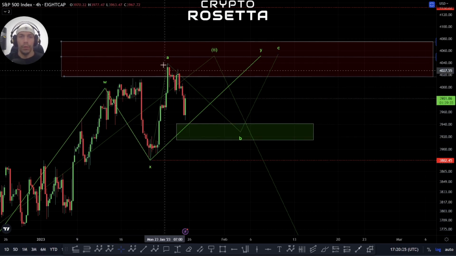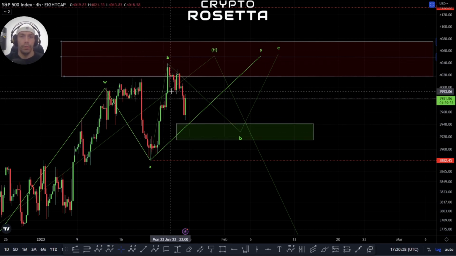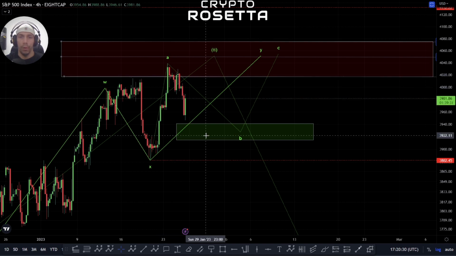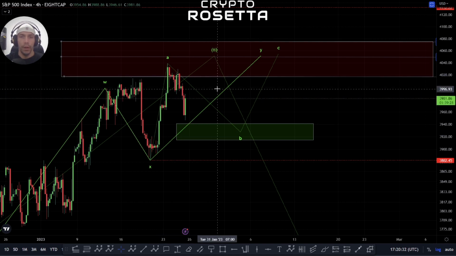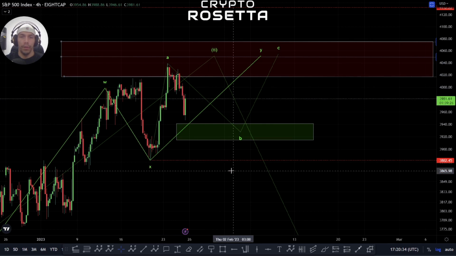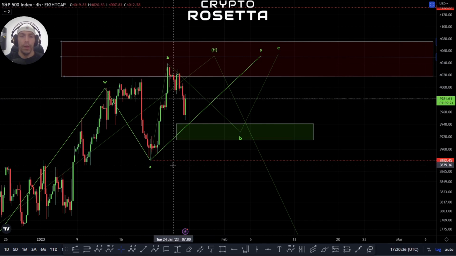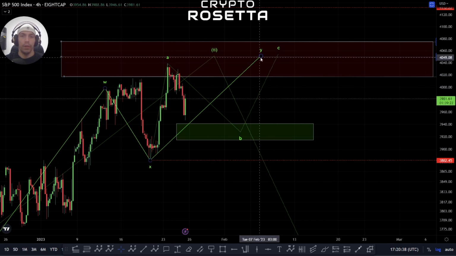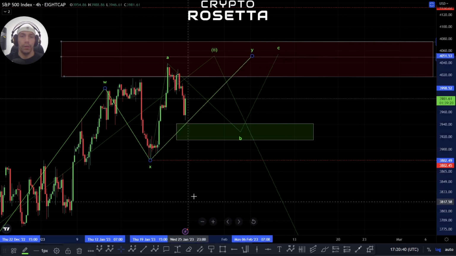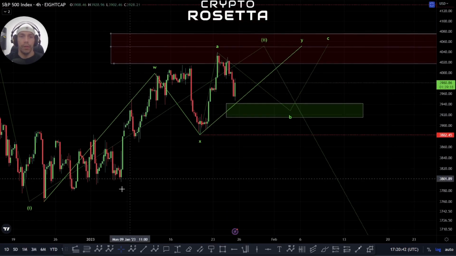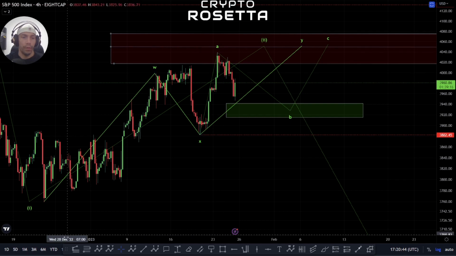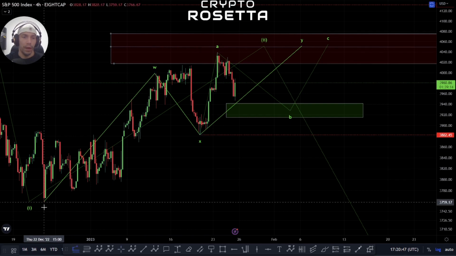is potential for this to turn into an impulse, and basically if we form a 1, 2, 3, 4 and a 5 to the downside here, we retrace up, can't take this high point and actually break this low point here, then it would actually make me think that we are completed into here, and instead of having a WXY, we just have an A, a B and a C wave into this upside, and it would have completed